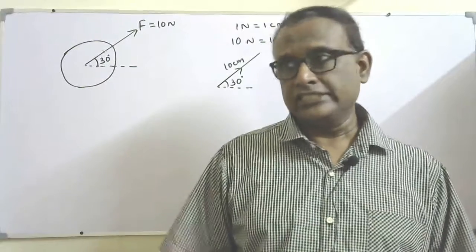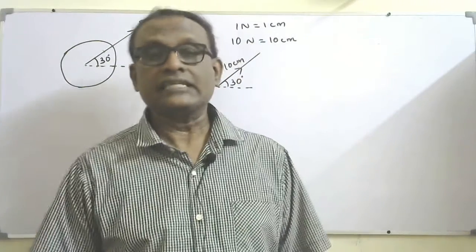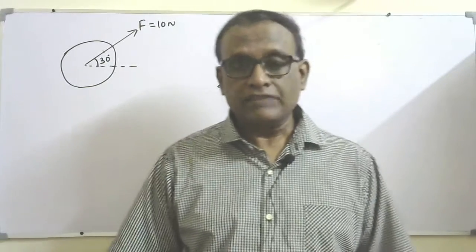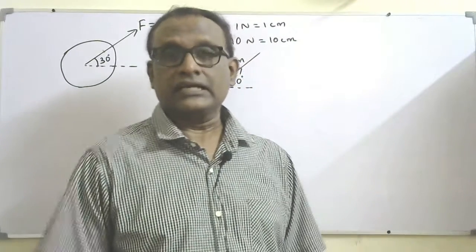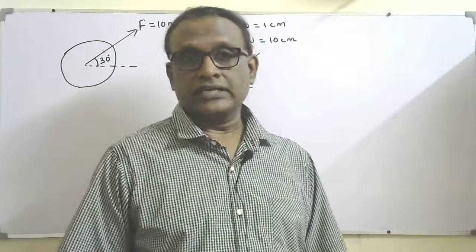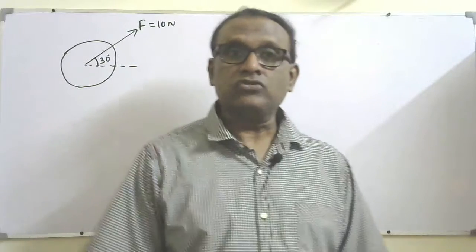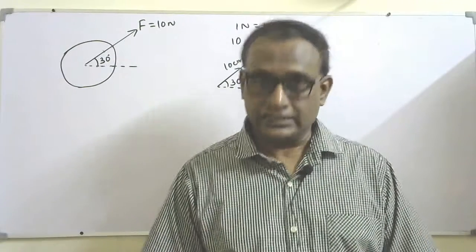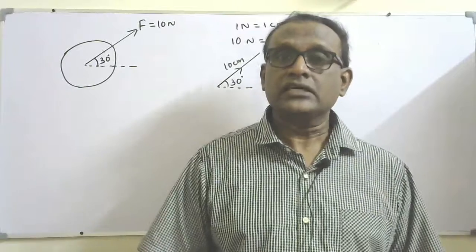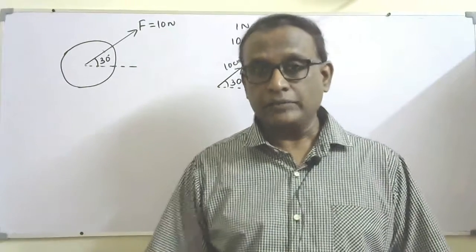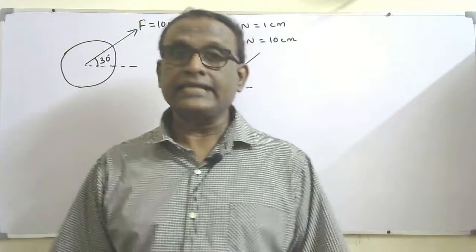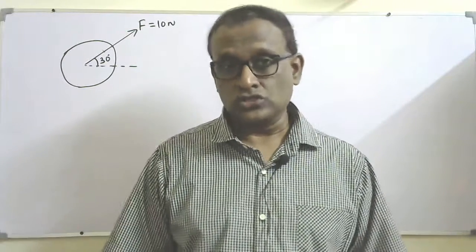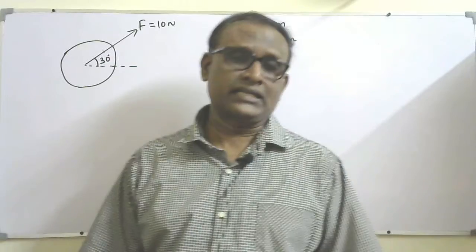Based on this definition, students generally ask, is electric current a vector or a scalar quantity? Because when we think about Fleming's left-hand rule, the direction of the current is significant. When the direction of the current changes, the direction of the magnetic force on the current carrying wire also will change. Also, the magnitude of the current is significant because the magnitude of the force on the current carrying wire in a magnetic field is given by F equals BIL sine theta. So when the magnitude of I changes, the magnitude of the force also will change. So is the current a vector or a scalar?